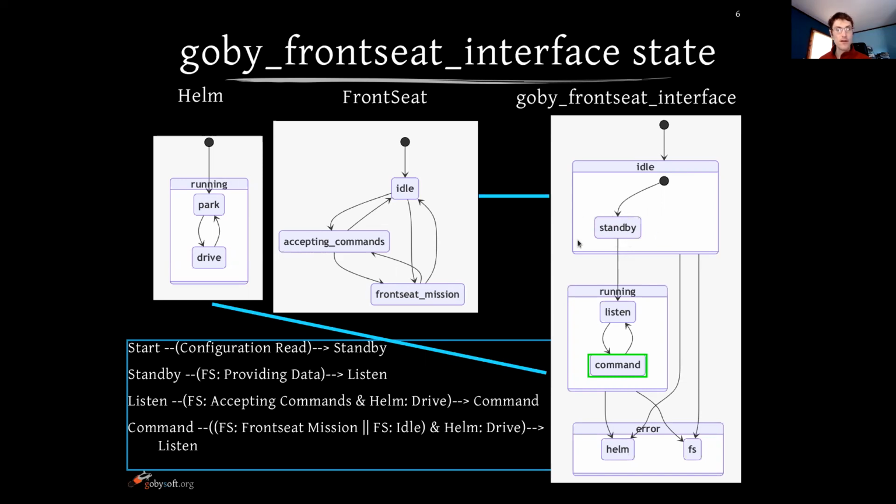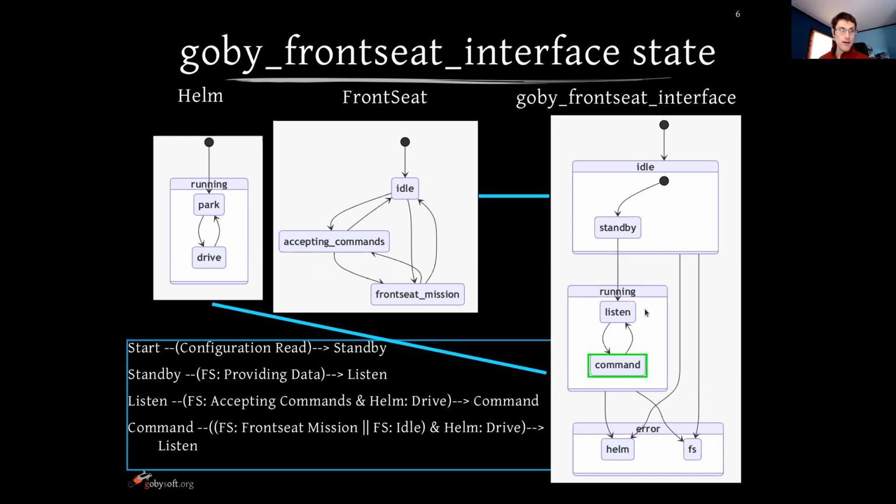Once the front seat provides some amount of data to the payload, meaning it's connected and streaming something, usually navigation data but could be a heartbeat or something else, it goes into listen mode, at which point you could run an entire mission under front seat control while the payload's in listen. So that's why this is part of the parent state running.